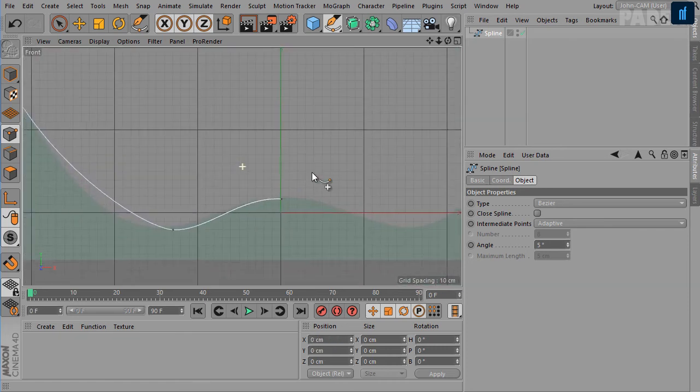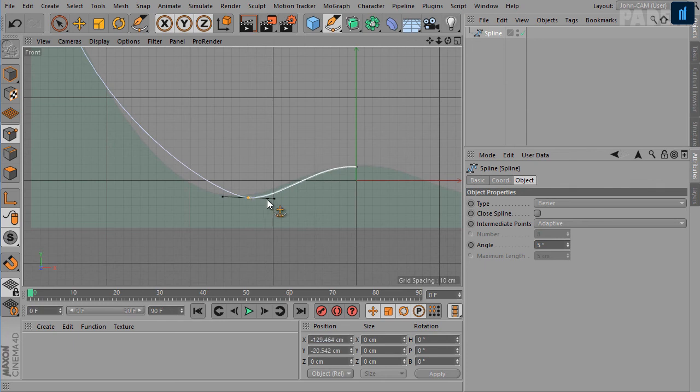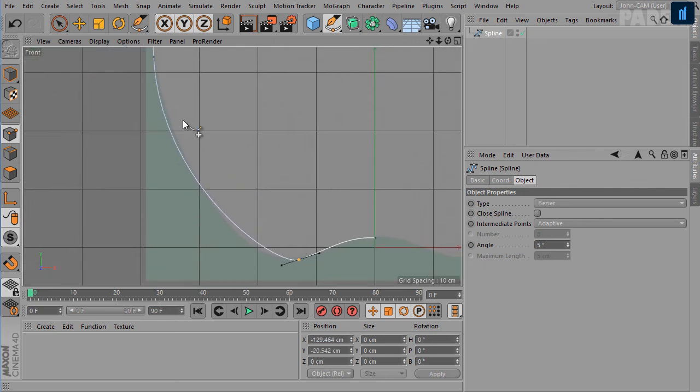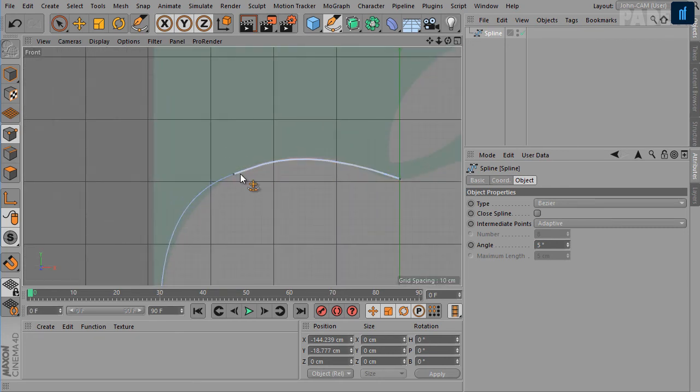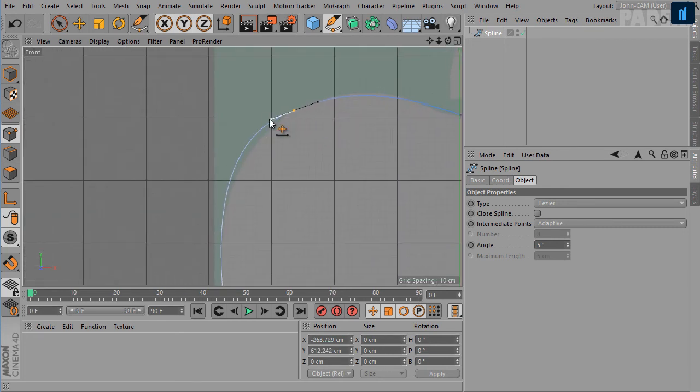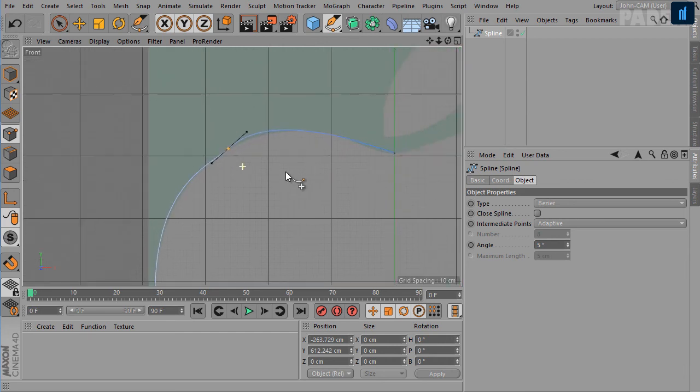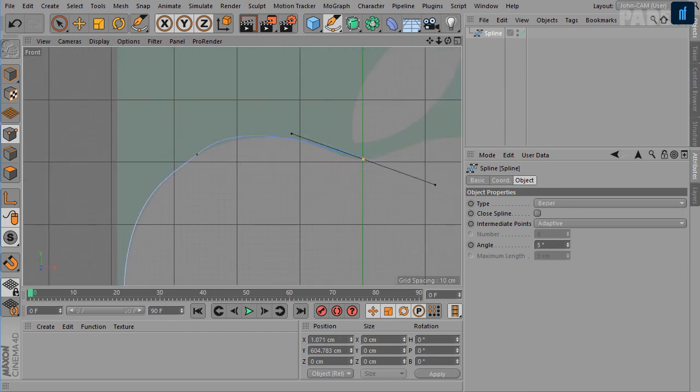Okay, now let's adjust this shape. Like this.